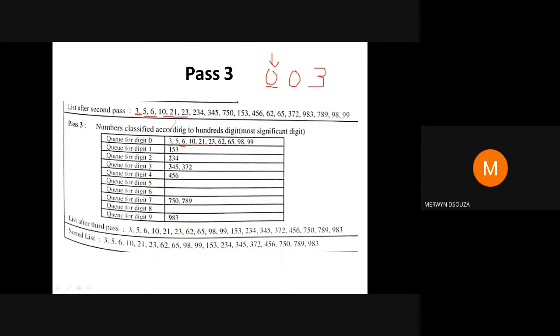Then 234 will come here because the hundreds digit is 2, so it will come in the queue for 2. 345 will come here. The hundreds digit is 3, so it will come in the queue for 3, and so on. Continue like that.